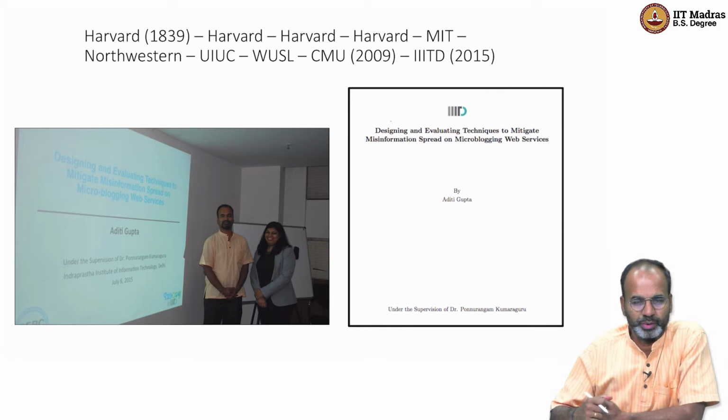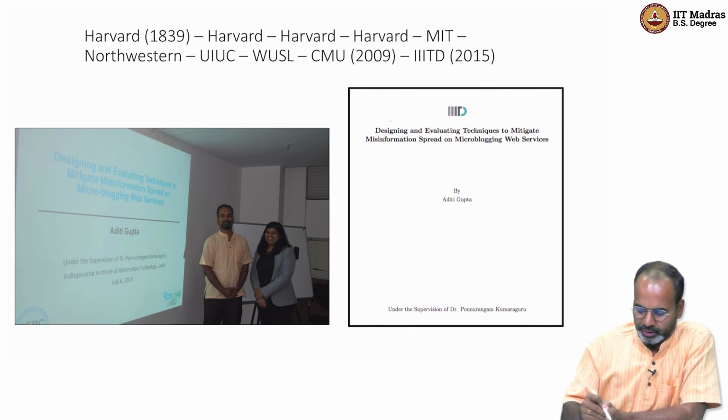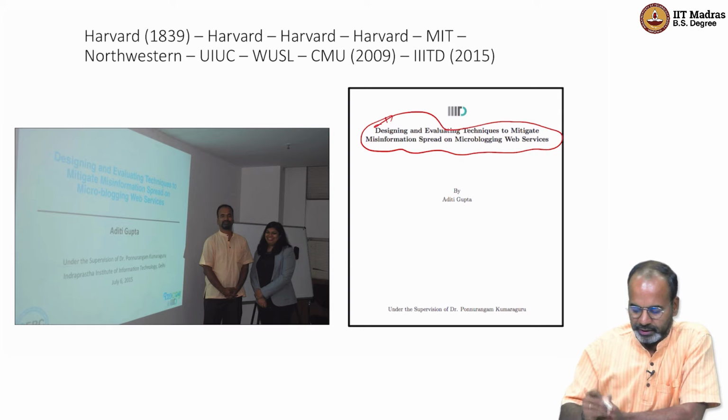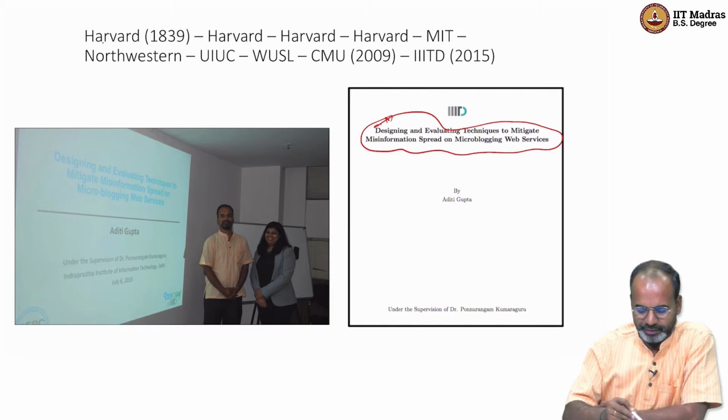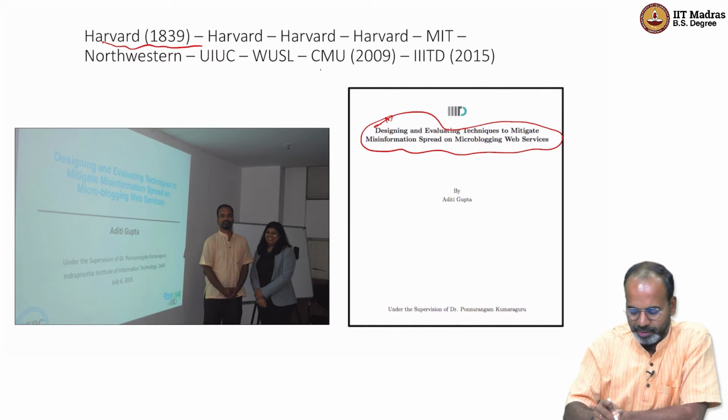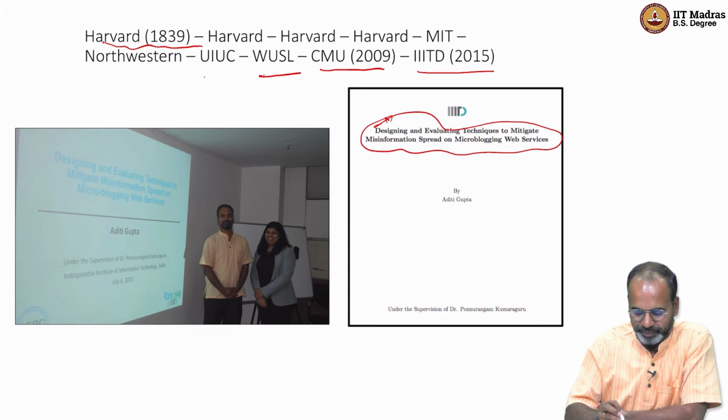If you're interested in looking at this particular work, you should look for this PhD thesis. This is a culmination of many other pieces of work that Aditi did to look at credibility score on Twitter, right? And if you're wondering, this is called academic lineage, which is I got my PhD from CMU, she got it from IIT Delhi, and then my advisor went to UW, University of Washington, and then UIUC, her advisor.